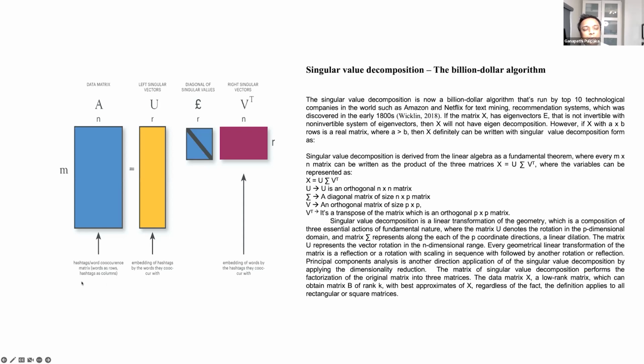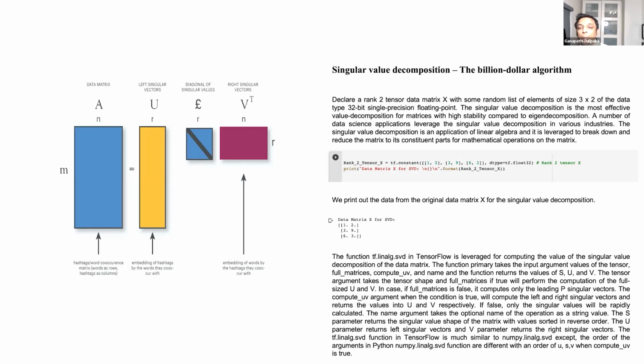So you can take words as rows and hashtags as columns, and you can also take the embedding of hashtags by the words they co-occur with. And then you can also take the embedding of words by the hashtags they co-occur with. So everything is going to be created as a vector mathematically, and then you process that. But to see that, we're going to go through a smaller example here. The actual examples of how to apply this in natural language processing itself, you can find in my book. There are more advanced data sets that we can leverage, but for this particular purpose of the conference, I'm going to take a very simple example.